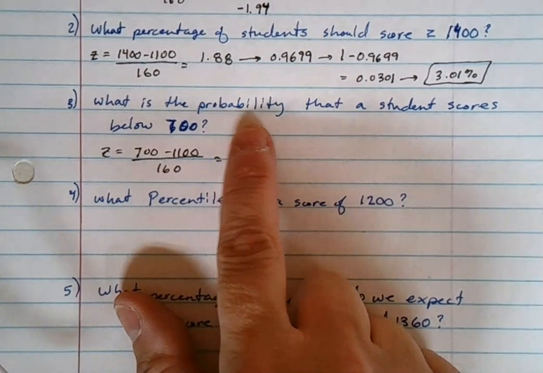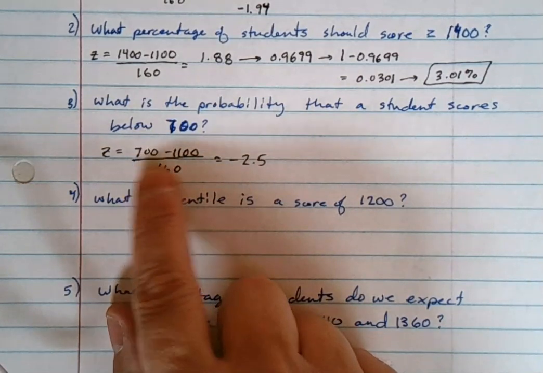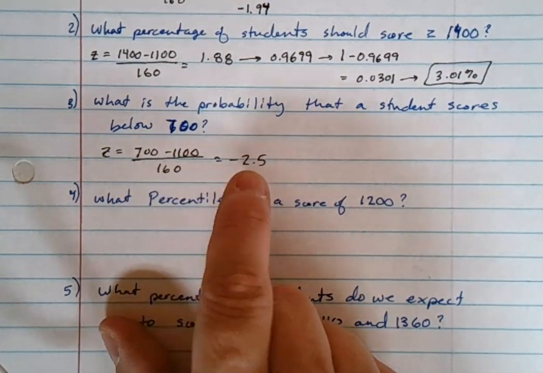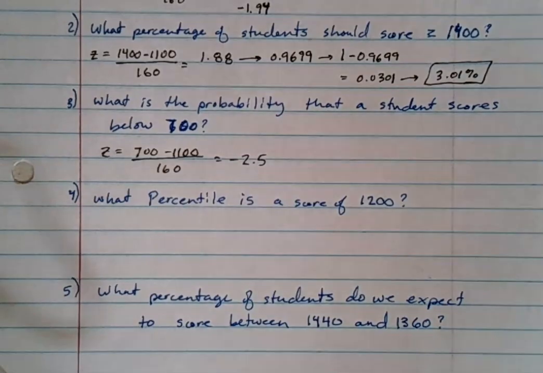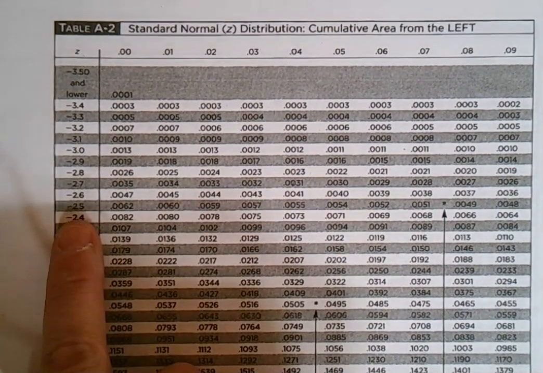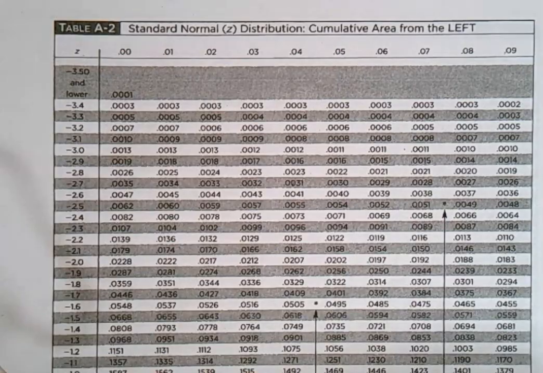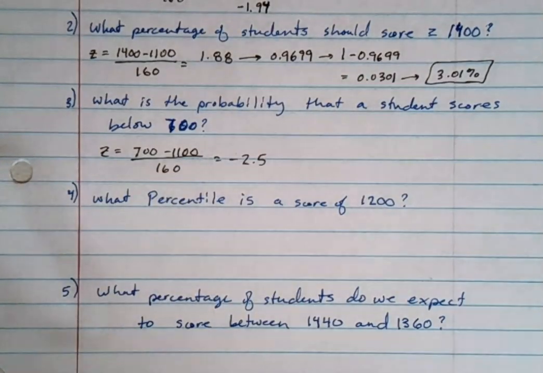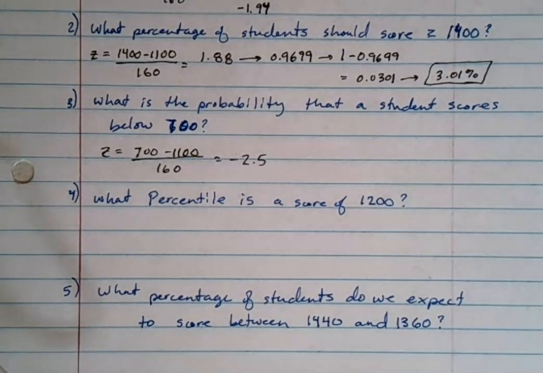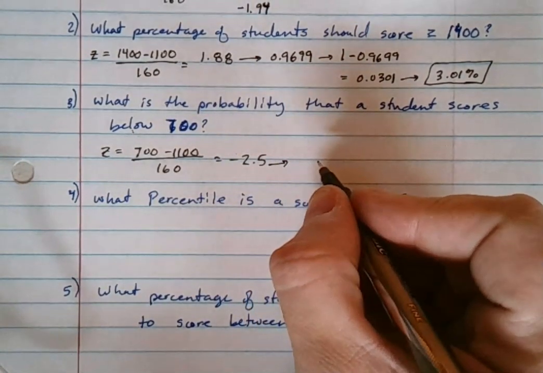What is the probability that a student scores below 700? I went ahead and found the z-score here. It is negative 2.5. We go to our z-table here. We go to our normal distribution. Okay, and we're looking for that negative 2.5. It's 2.50. 0.0062 is the area. Okay, and since we're asking if the probability that they score below that, we're going to use that area right out of the table,